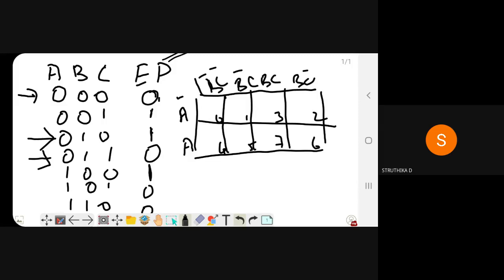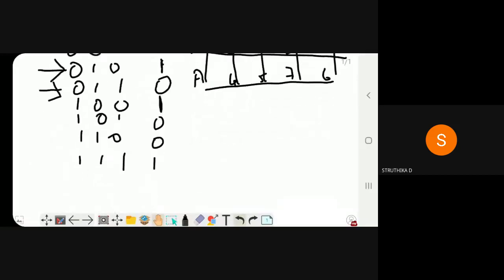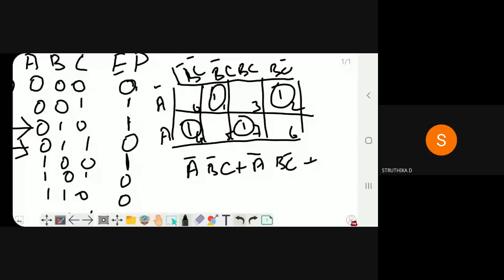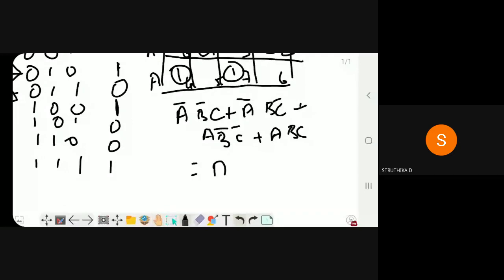In the places 1 and 2, and in the places 4 and 7, I can't go for a pair, so I'm pairing individually. I will get the answer as A bar B bar C plus A bar B C bar plus A B bar C bar plus A B C. Then at last I will get the equation as A XOR B XOR C.